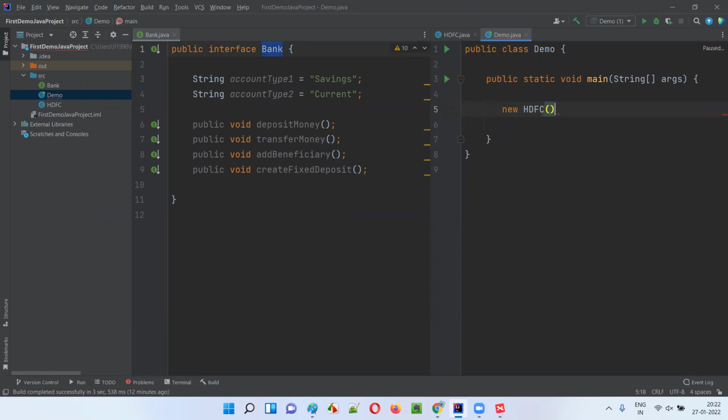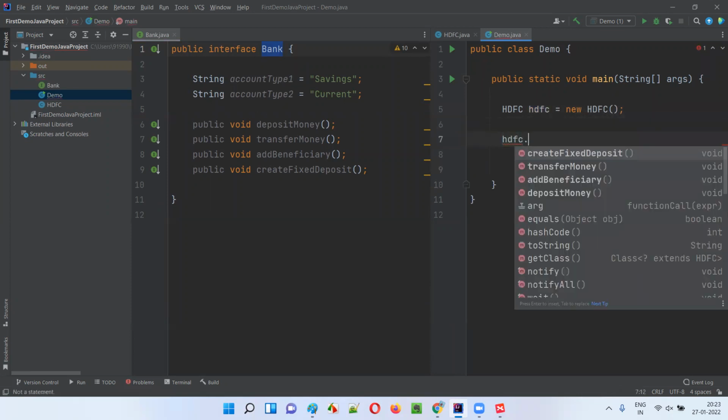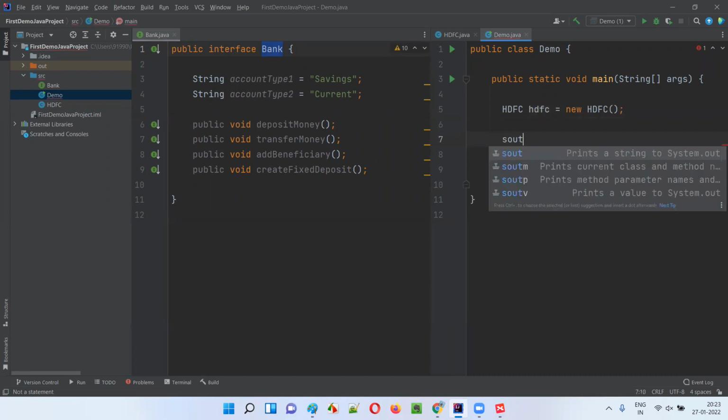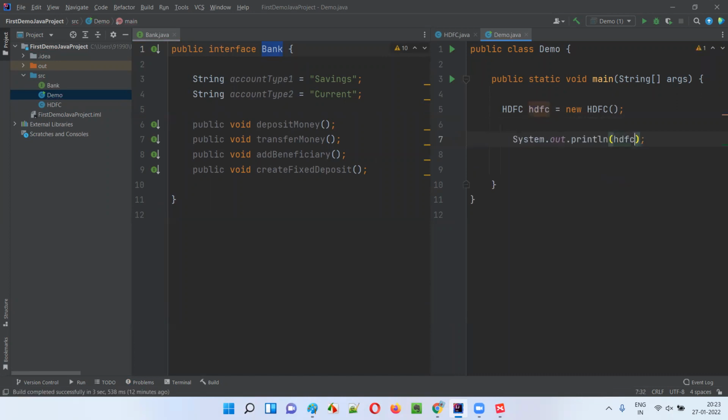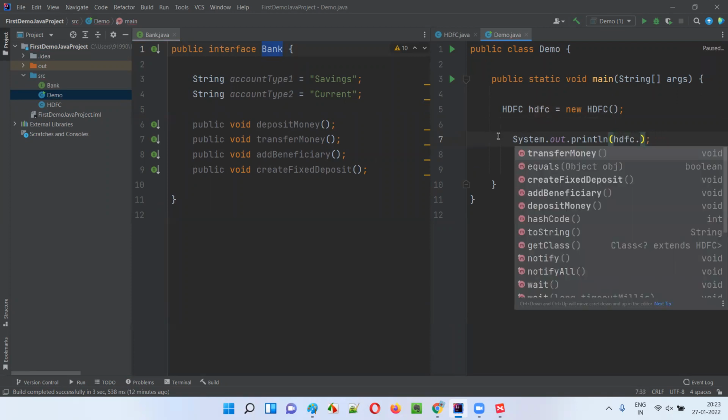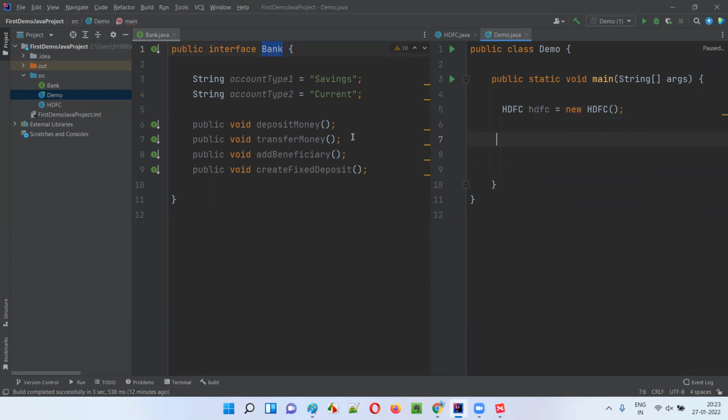HDFC hdfc = new HDFC(). Now, using this object reference, I can access all the properties of the Bank interface. So hdfc dot, I'll simply say this out, hdfc dot account. What is that? You see the problem with these variables is that they are